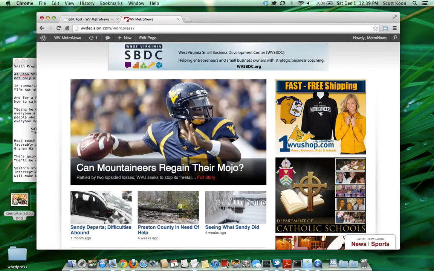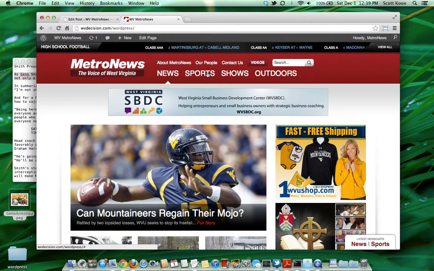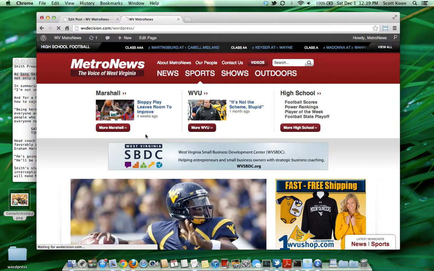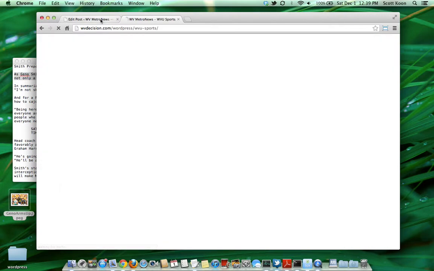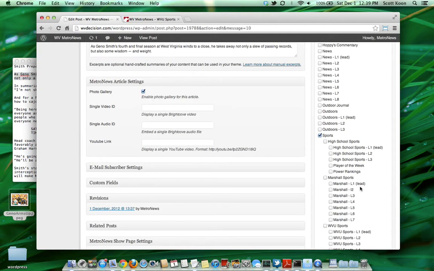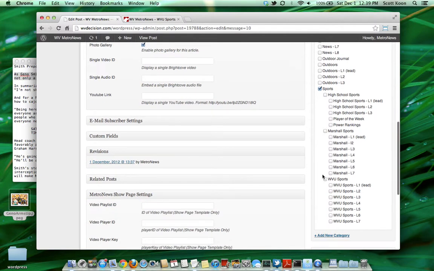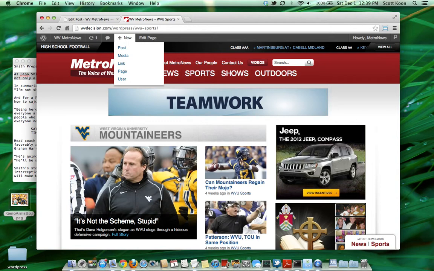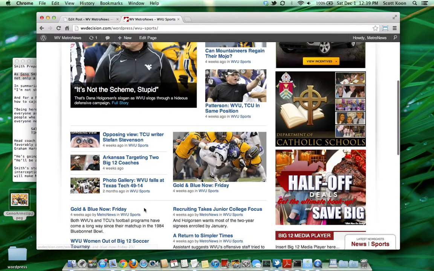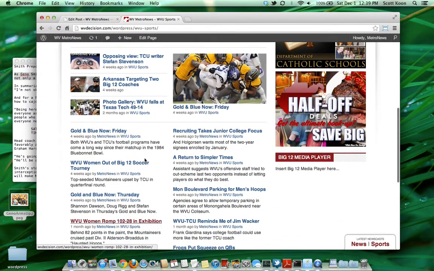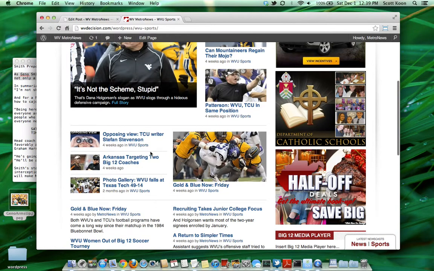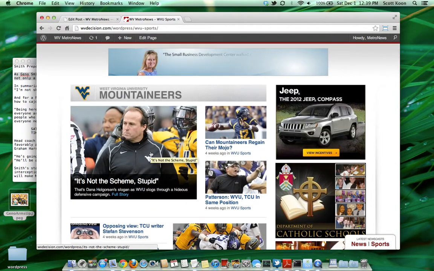If you look, that will allow the article, if I go to the WVU page, also want to check the WVU Sports article. So that will allow the article to show up in the WVU Sports section here. So once the flow works as, if you write the story, you make it an L1